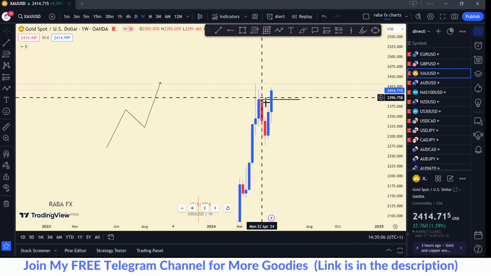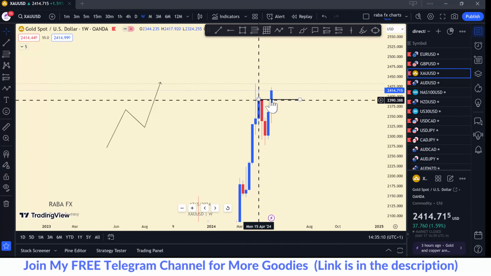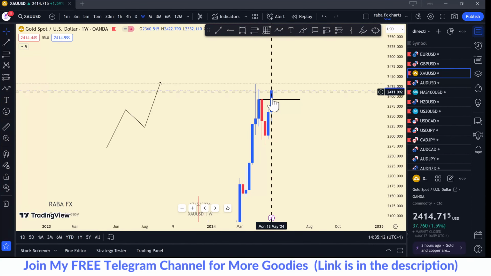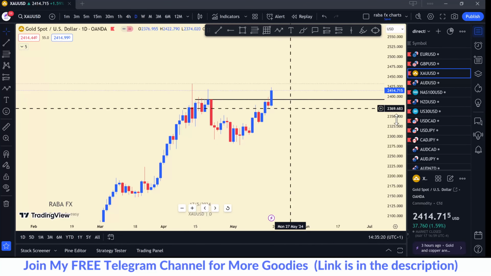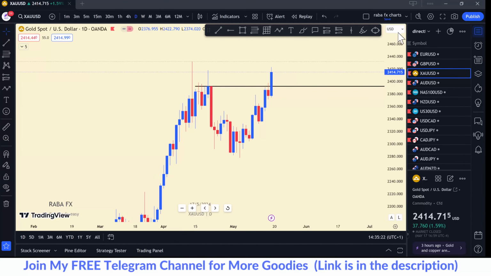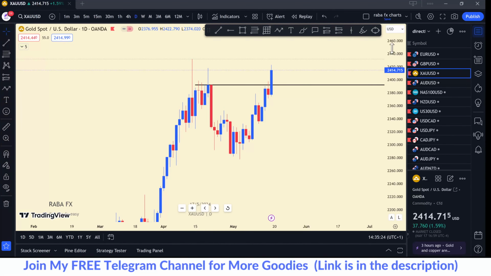Okay, so do not throw away the opportunity of looking for a short in here. As for me, I'm seasoned when it comes to trading this way. I didn't see any form of confirmation, so I didn't take any trade from here. Okay, I didn't take any trade from this level.